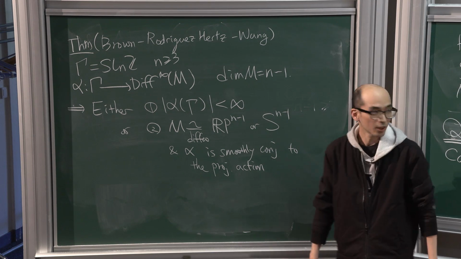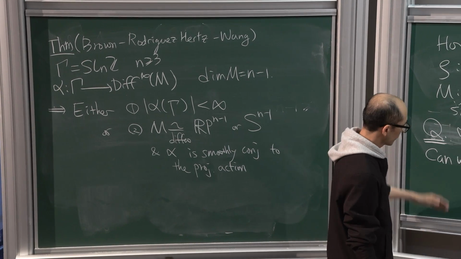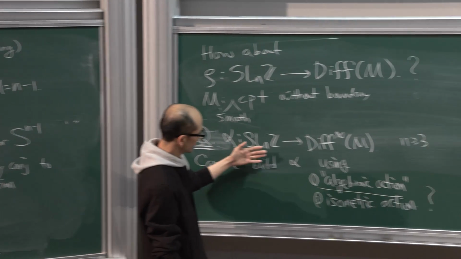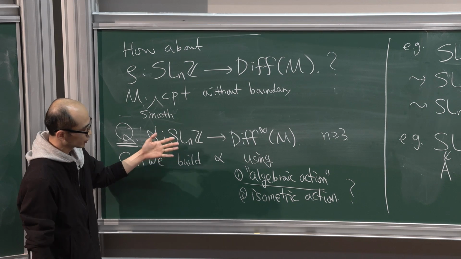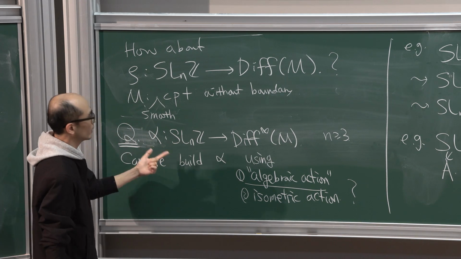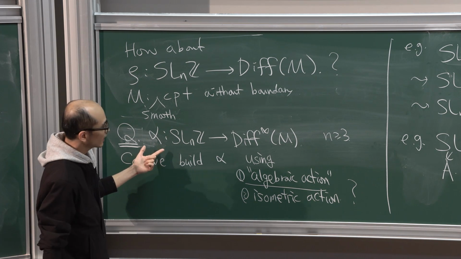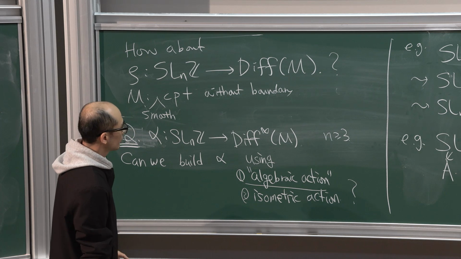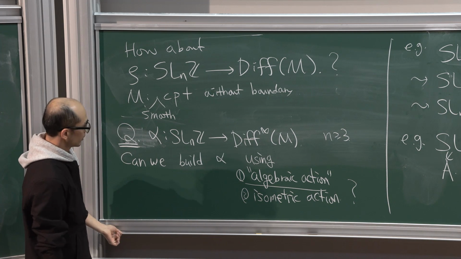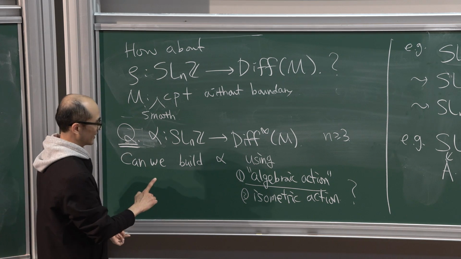So now it is called the Zimmer program, and there are really a lot of variations of this question. The other direction is that if your alpha preserves a geometric structure, then what happens? That's one direction. And also you may ask, how about the G action? How about the SL_n(R) action itself? If you have an SL_n(R) action, then what happens? So there are really a lot of directions in this program, but